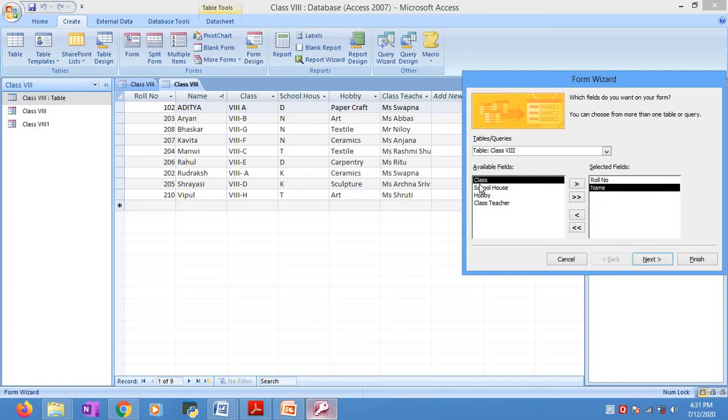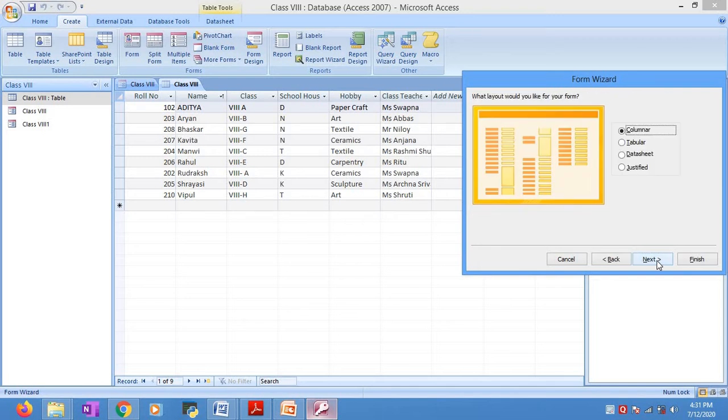And if I want to see all the fields in the form, I'll click this double arrow button like that. Later I feel that no, I don't want the teacher there, so I'll click on the teacher and revert the change. Okay, so finally I have got 5 fields over here that I want to see in the form. Then after doing this step, you click on the next button.